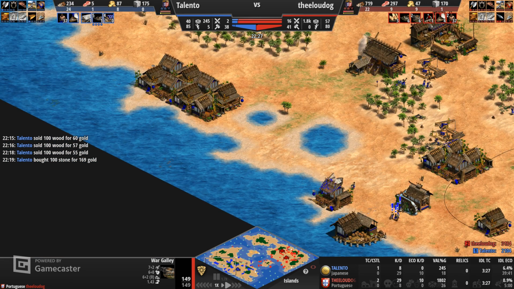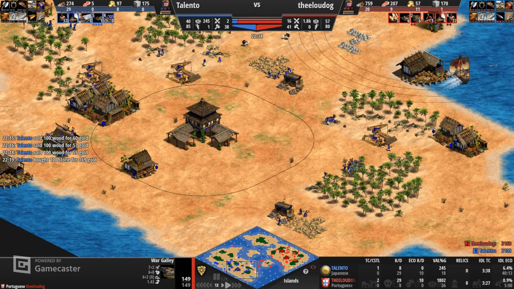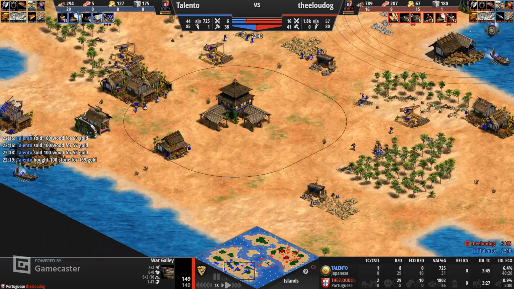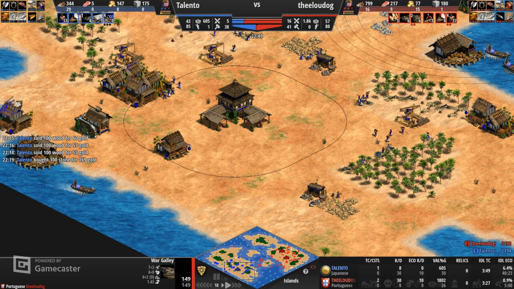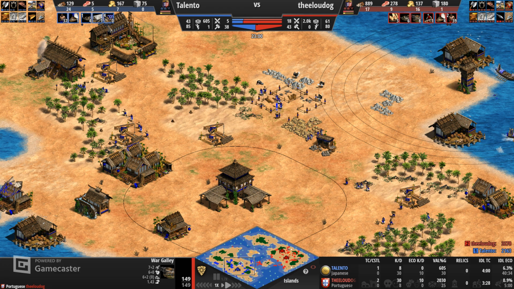And Blue never uses that transport so far, and did not reboom with fishing back here either. And if you're not going to fish, then you need to drop farms. I don't see a single farm. See another TC, but not a single farm. So what are you going to do? You have one fishing ship,